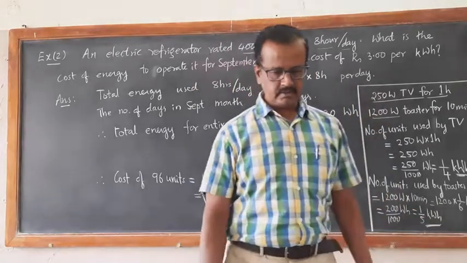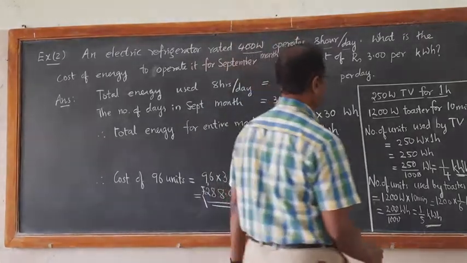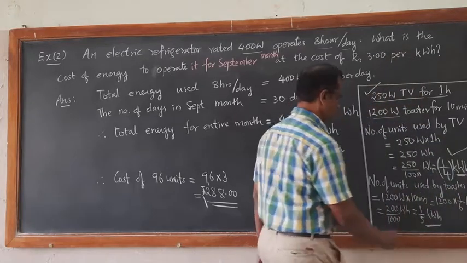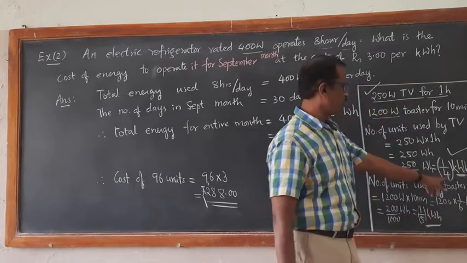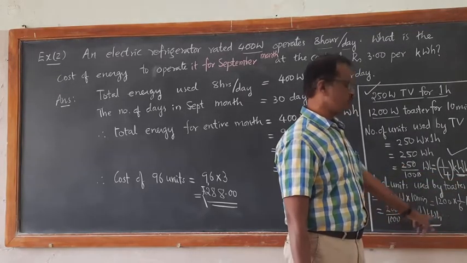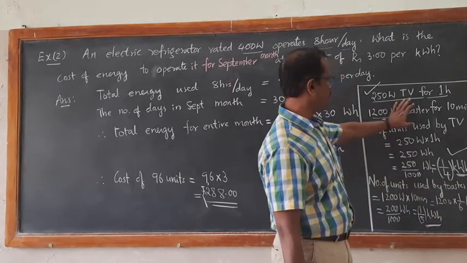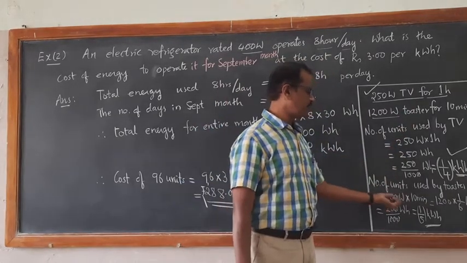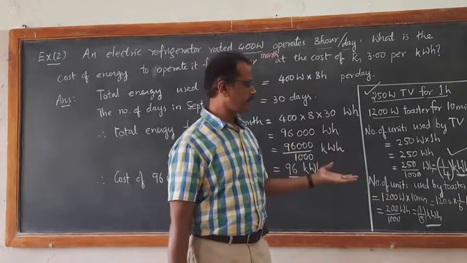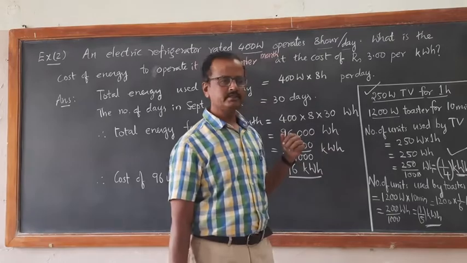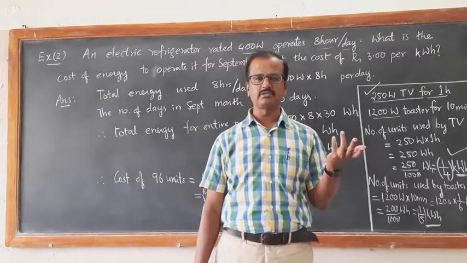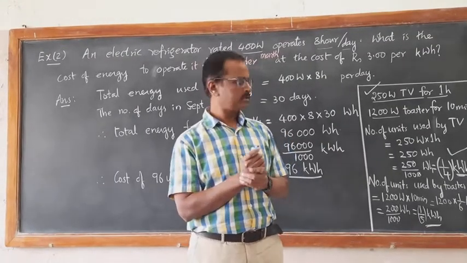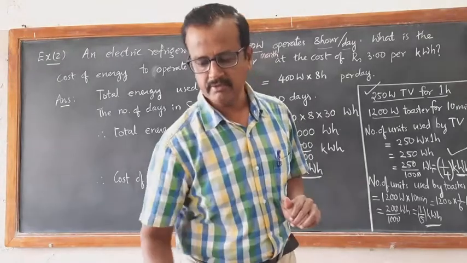So the question is, which uses more energy? Definitely the TV uses more energy, because it is 1/4 kilowatt hour. This is 1/5 of a kilowatt hour. This is 0.25 kilowatt hour. This is 0.2 kilowatt hour. Therefore, the TV used for 1 hour will be consuming more electrical energy than a 1200 watt toaster used for 10 minutes. That's how one can calculate using the kilowatt hour unit. Or you can calculate directly in terms of joules, which will also give you the result. I think this is easier compared to converting it to joules.